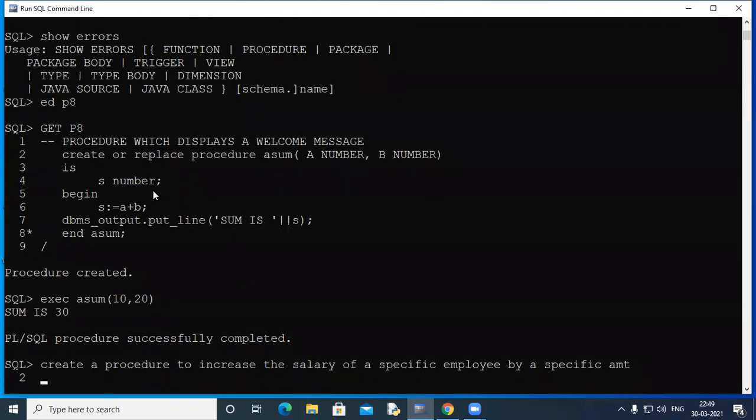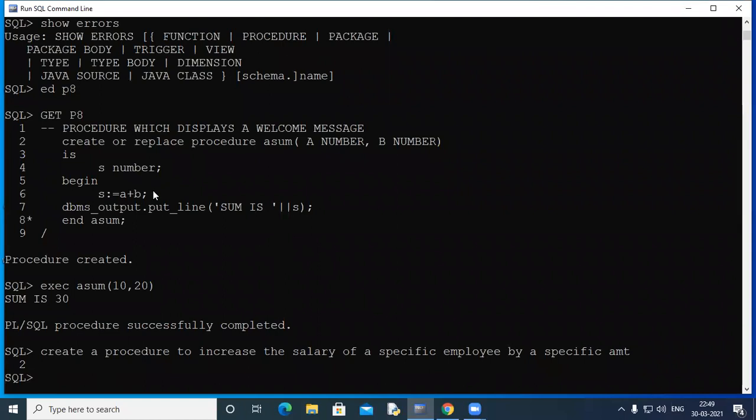Okay, so I am looking for a procedure, say INCR, where I give the employee number and I give the amount. Look carefully what I'm trying to do. I want to create a procedure with two arguments, ENO and amount, where ENO is the employee number and amount is the salary. So if the employee is found, his salary should be incremented by the amount mentioned here. Okay, so let's start it. Let's see whether we can finish it here or not. Let's pick up some already existing code.